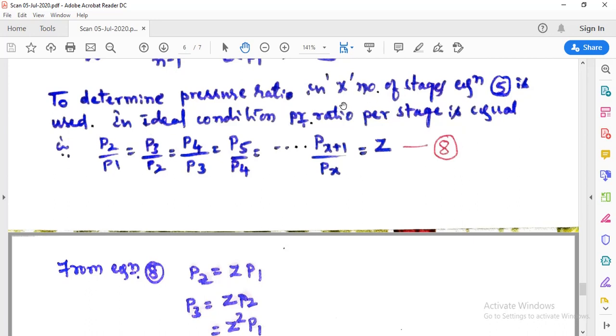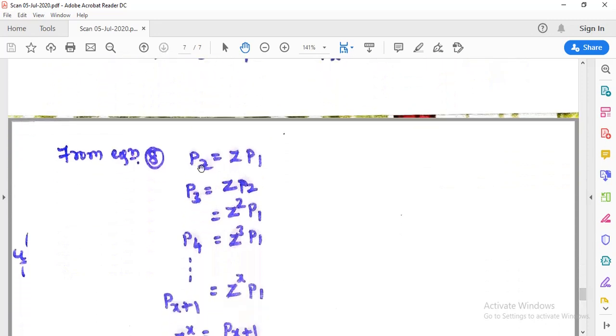For x number of stages, see, in the first cylinder the pressure ratio is P2 by P1. Second cylinder it is P3 by P2. Third cylinder it is P4 by P3. Fourth cylinder it is P5 divided by P4. So up to here, for x cylinders, x number of stages, it is P of x plus 1 divided by Px, and it is equal to Z. So if you consider the ideal compressor, the pressure ratio in each cylinder or each stage will be constant. That I am going to take as Z. So we can find the Z value like this. So Z is equal to